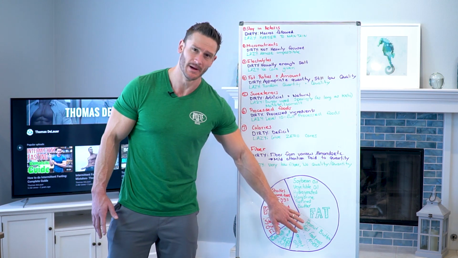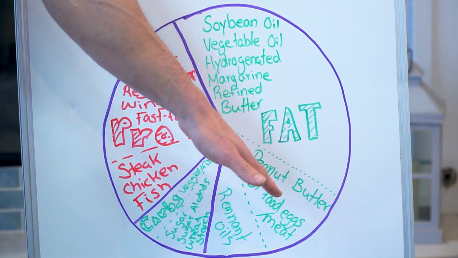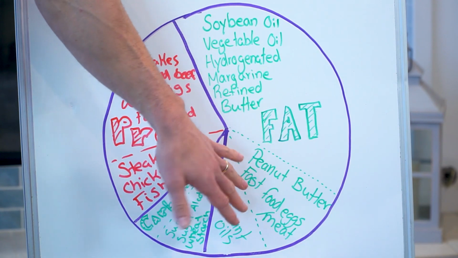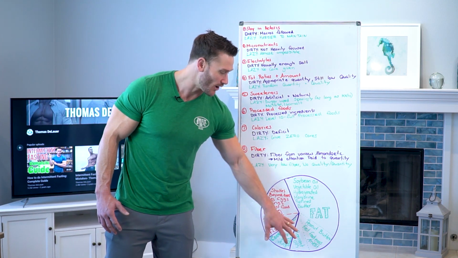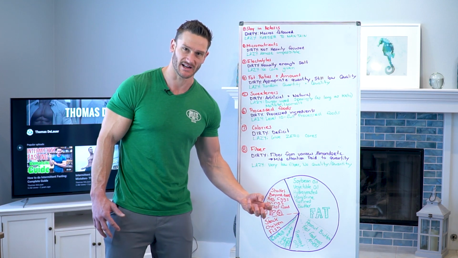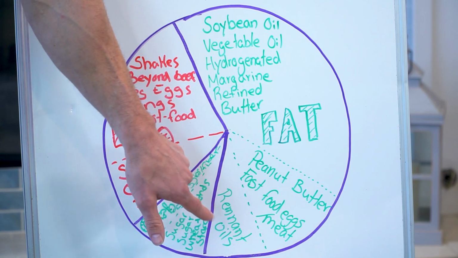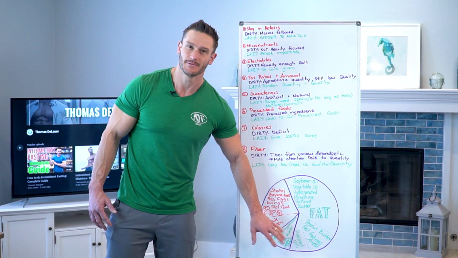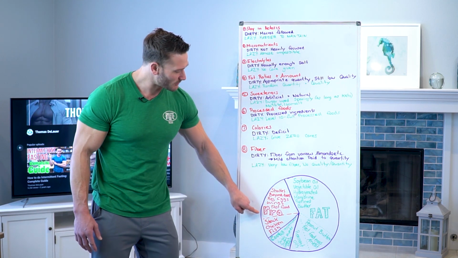Moderate amounts coming from moderately sketchy fats, right? Peanut butter again, coming from like legumes. Fast food eggs, because yes, the fat, I count it more of a fat than a protein. And fast food meat, okay? High fat, really low quality meat. You're getting a lot of that. Wings, stuff like that. And then the rest, the little chunk is like the remnant oils, the little leftover good oils that you get. Maybe you had some processed food that had a little squeeze of olive oil in it, right? Okay, now let's move into protein.